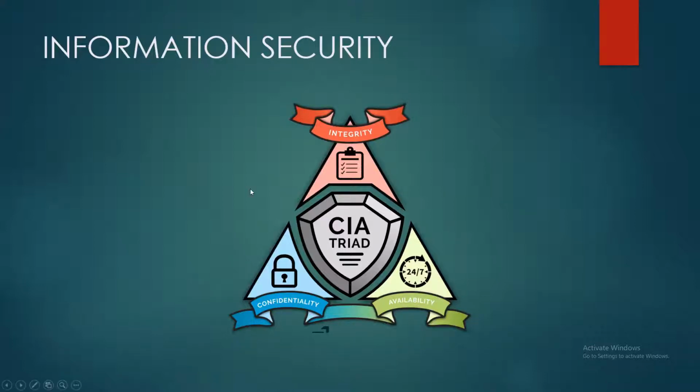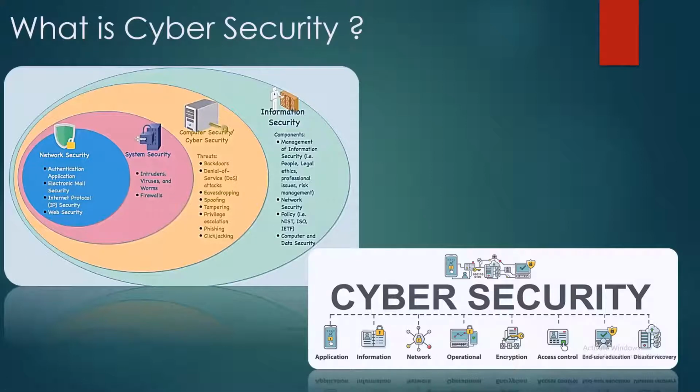Then what is cybersecurity? In the first image, you see that information security is the outermost boundary, which covers everything else as part of security for the entire company. What do information security concepts cover? They cover ISMS, people, legal and ethics, risk management, policies, data security, network security, everything else. Information security tells you precisely what to protect, along with some of the higher-level policies you should enforce to protect your data.